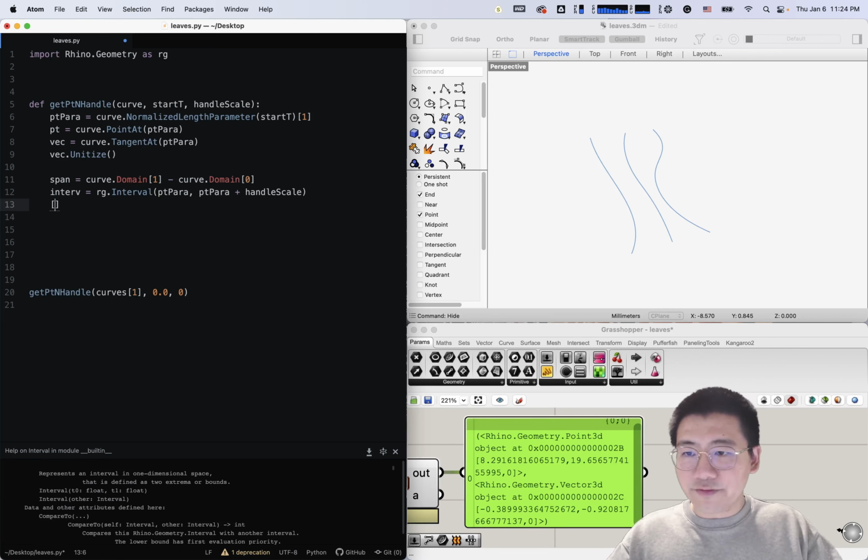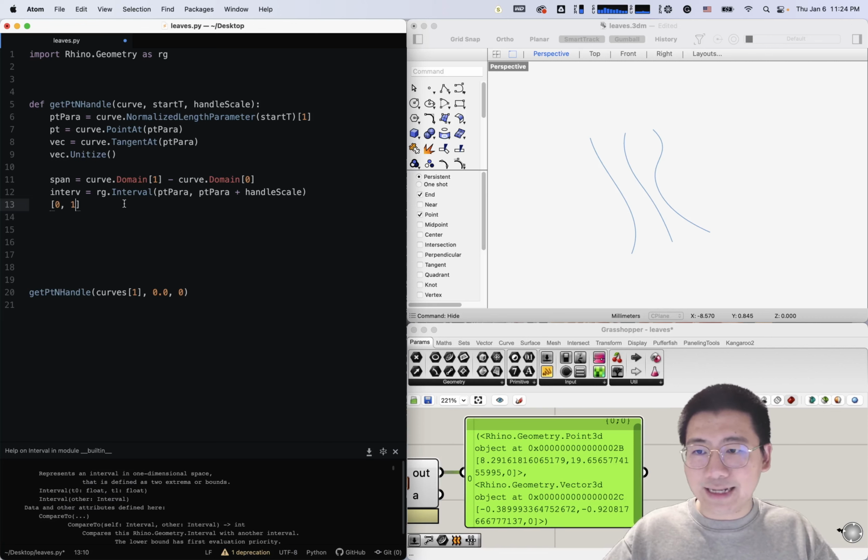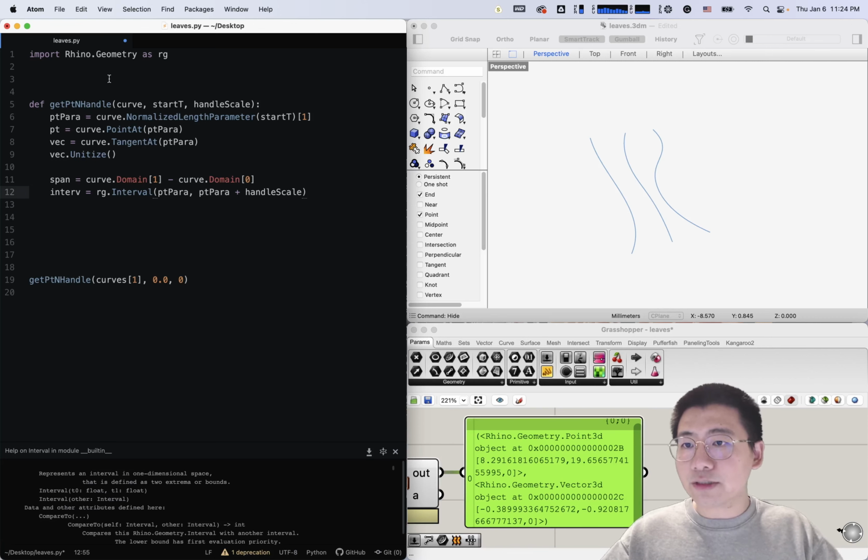In Python, we can define any interval like 0 to 1 as a list, but because we are using Rhino geometry, which is a C# based library, the interval shouldn't be represented as a list, but as the interval class. So this is why we do this. And here I think, as we have our